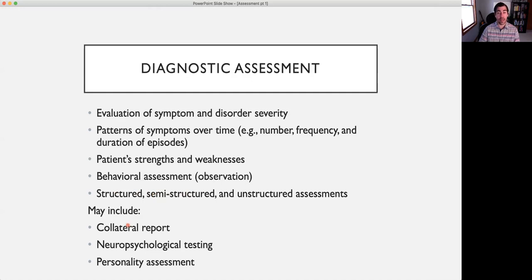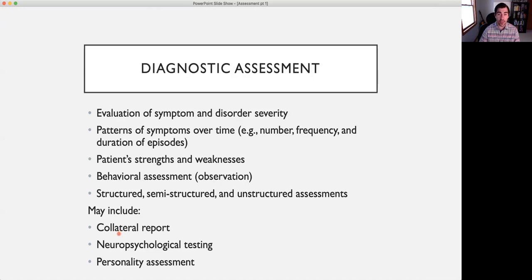Diagnostic assessment ideally will include collateral report. What collateral report means is that we get information from someone other than the client themselves, so a family member or a significant other. A work colleague would be uncommon, but could work. A friend or roommate, again, we need to have approval from the client and the patient to be able to do that because of confidentiality reasons and our ethical obligations. But collateral report can be really beneficial. It's a natural part of the process when we're working with families and working with kids. So we would get parent report and child report of a particular type of problem, assuming the child is old enough to report on what's going on for them.